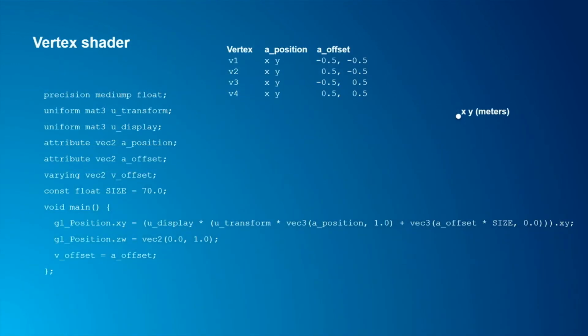This geometric information is consumed by a vertex shader, which is responsible for positioning and shaping the markers on screen, the quads on screen. It does so by relying on a few transformation matrices. It starts with the position of the marker in meters. The first step is applying the matrix U-transform that is responsible for positioning the 2D camera and converting from meters